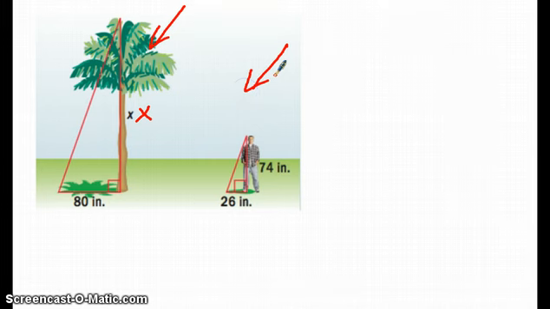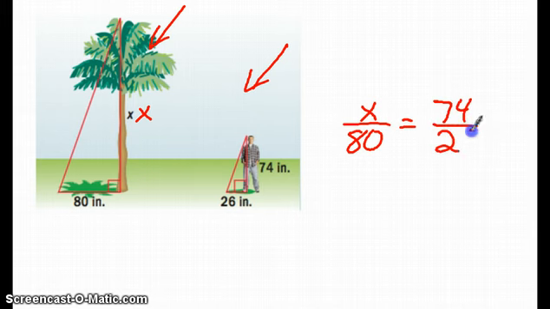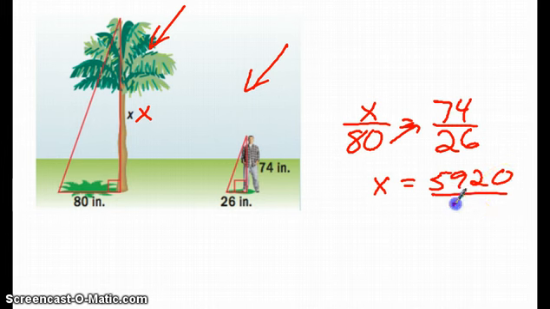So what we can do is set up a ratio that states if we have x over 80, which is the height of the tree and the shadow of the tree, we can say that's proportional to the height of the man, which is 74 inches, over the length of the man's shadow, which is 26. Now all we have to do in this example is cross multiply and solve for x. So if we multiply both sides by 80, we're going to wind up with x equals 5920 divided by 26. And if we go ahead and divide that out, we're going to find out that x equals